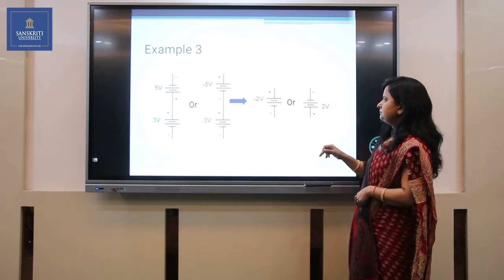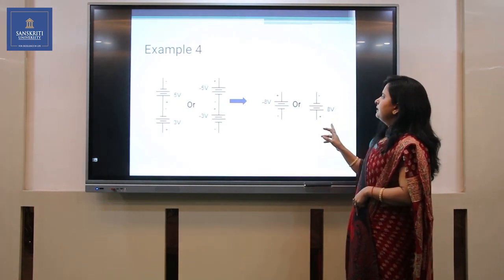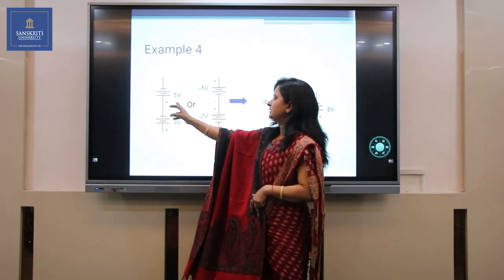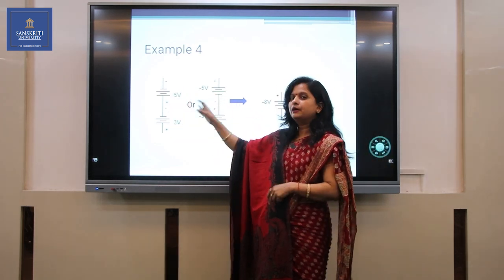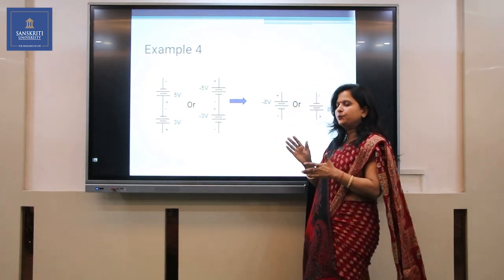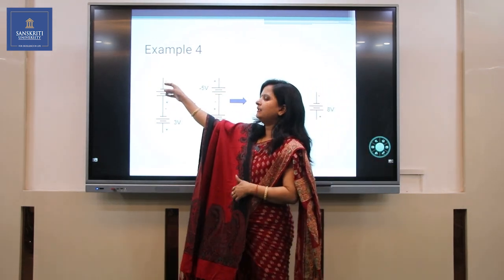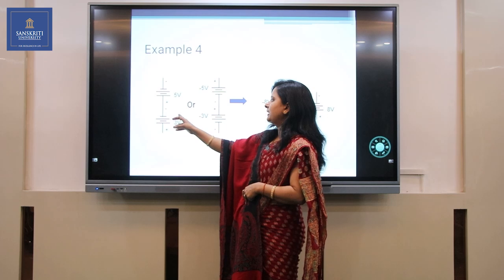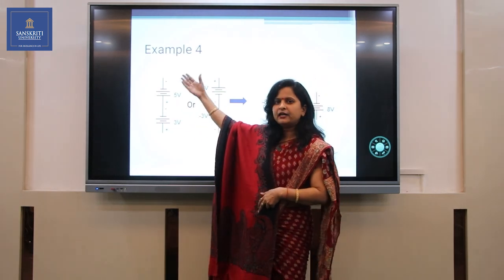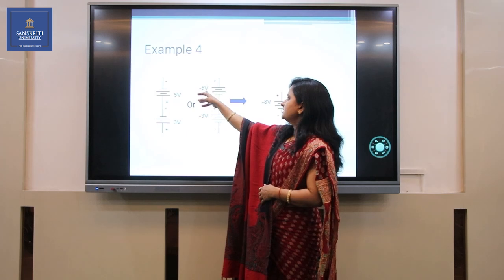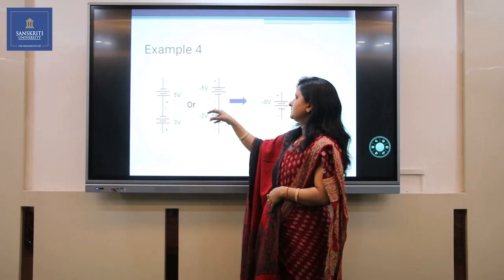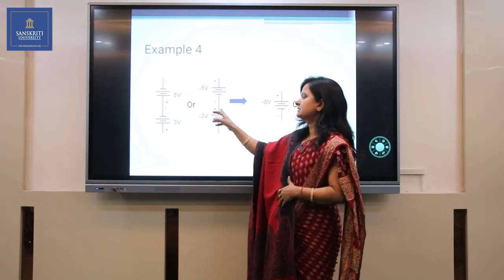Similarly, we are having another example like minus plus minus plus. The 5-volt battery and 3-volt battery both are with the positive magnitude if they are connecting with the polarity like this, minus plus minus plus. So we can reverse the polarity and make the magnitude as the negative one. So minus 5 volt plus minus, then minus 3 volt plus minus.